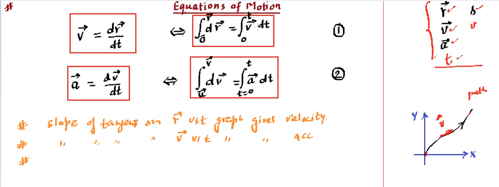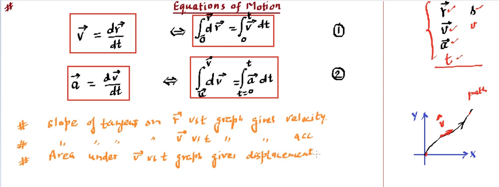Similarly, now come to the area. So here you can say if velocity versus time is given to us and you measure this, this is going to be the area under the velocity versus time graph, and the quantity that you are going to get is a displacement. So we can say area under velocity versus time graph gives displacement of the particle, or the object. Since displacement is a vector quantity, we consider upside area as positive, downside area as negative.